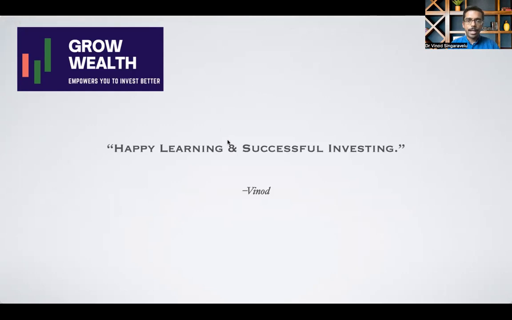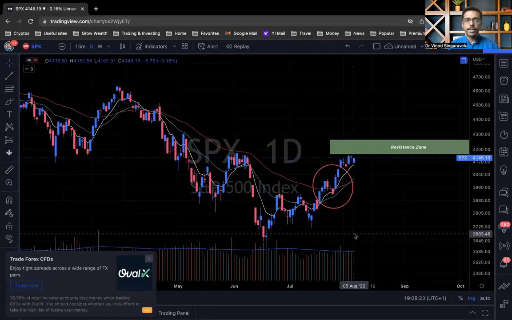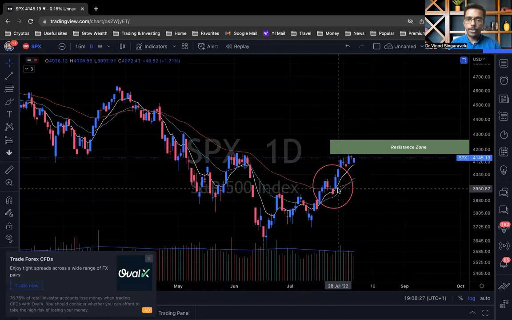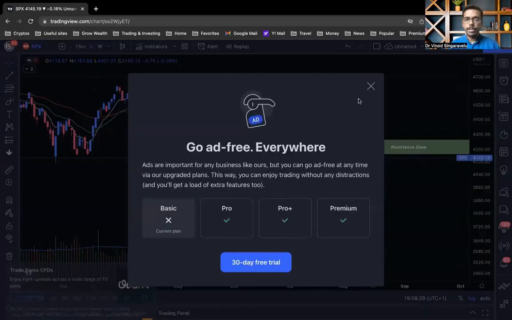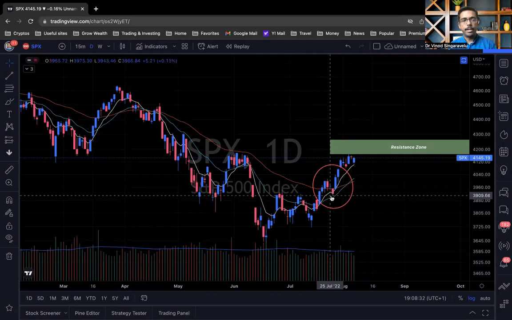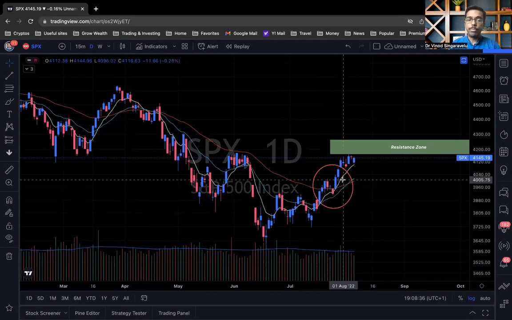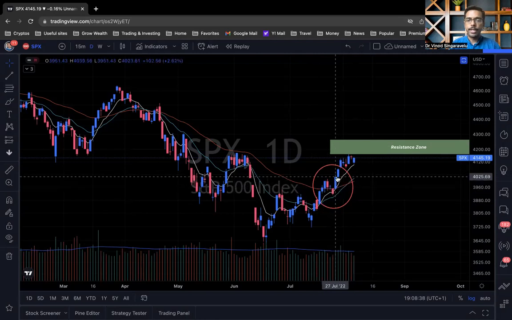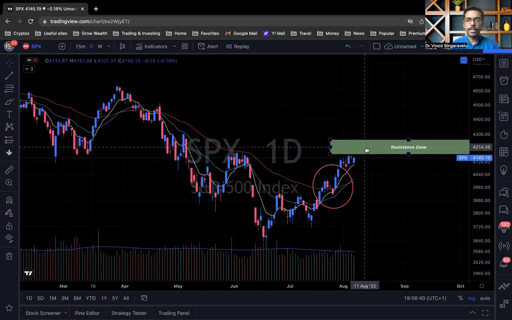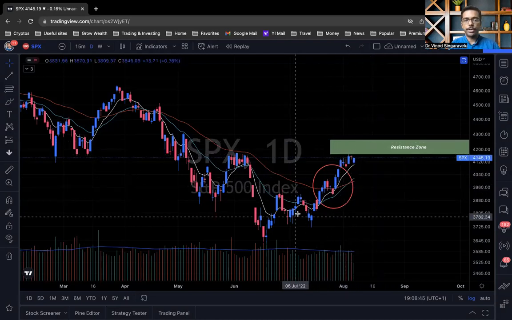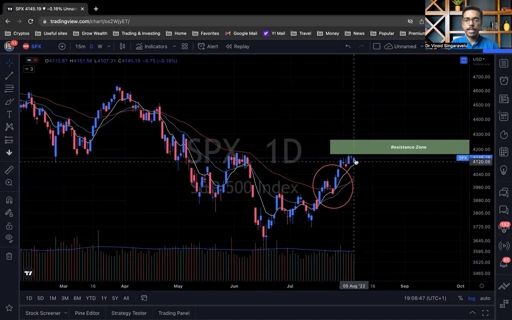Okay, let's now look at the broader indices. So this is the S&P 500. I have shared this region with my followers and members in the past when the S&P 500 has crossed these moving averages and showed some bullish sign. And it has now nicely followed through over the last couple of weeks and is literally hitting this resistance zone as well. So a bullish action for the last month and a bit, and now sitting right beneath the resistance zone on the daily.